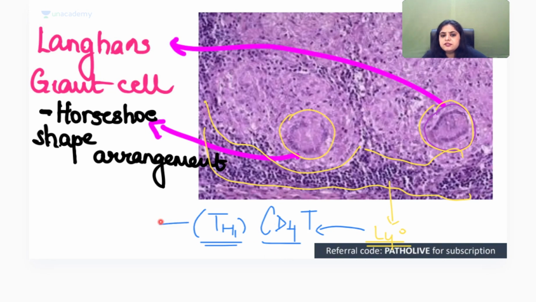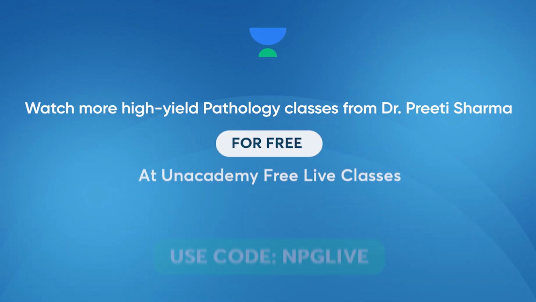Because TH1 cells release what? That results in the formation of a granuloma. Yes, TH1 cells release interferon gamma, and interferon gamma, G for G. Interferon gamma is the one that helps in the formation of a granuloma. Okay, moving on to the next